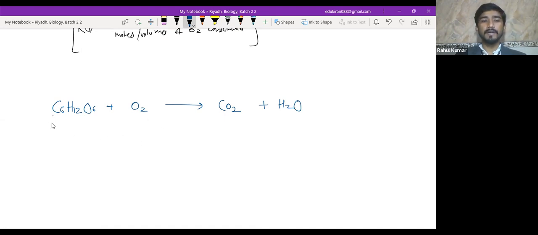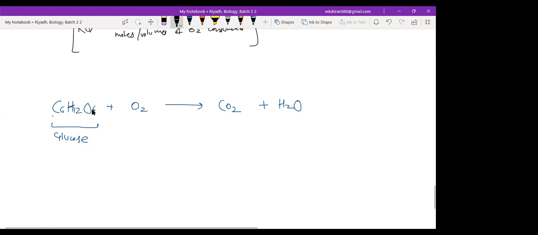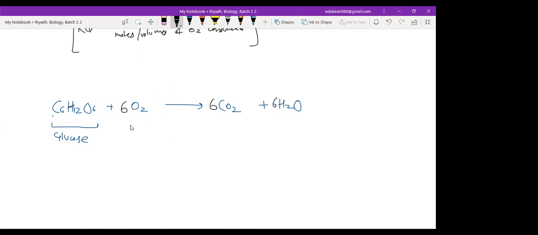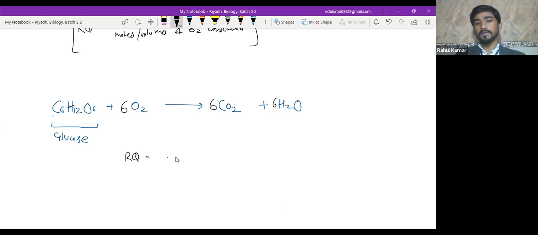And here the metabolic fuel is glucose, which is a sugar. Can you balance this reaction? Yes. 6 CO2 and 6 H2O, 6 CO2 and 6 O2, and 6 O2, right? So now, according to this, if we want to calculate the RQ, then what is the